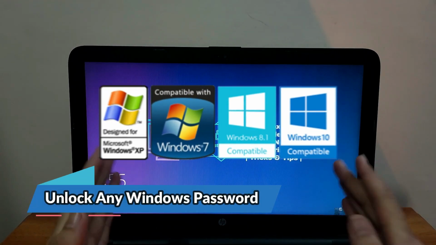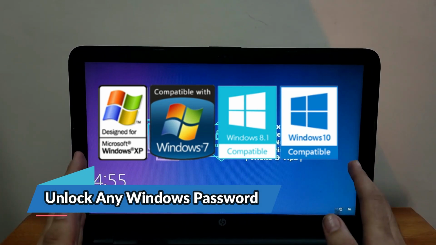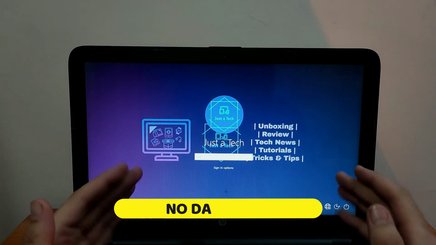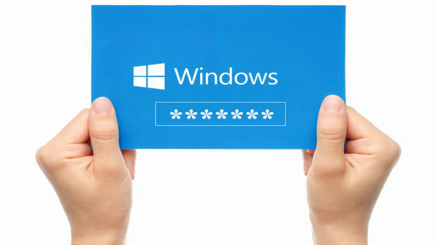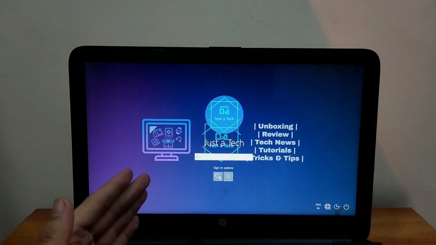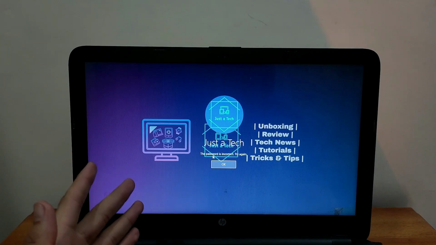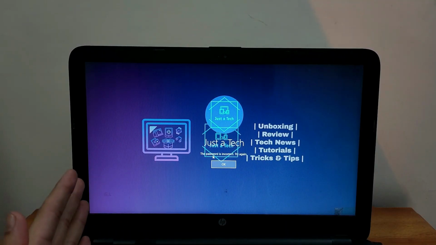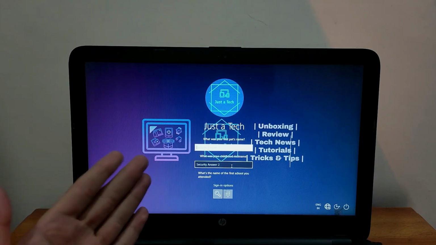So in this video, I'm going to show you how you can unlock and easily remove any Windows operating system login password, administrator password, Microsoft account password. In short, any password you have on your Windows operating system, you can easily unlock, because sometimes we forget our own Windows system password and also have not accessed any recovery option, and you set whether it's a PIN password or 4-digit, 6-digit or an alphanumeric password, or in some laptops it's a Face ID or a fingerprint password. So you can unlock all kinds of passwords very easily.